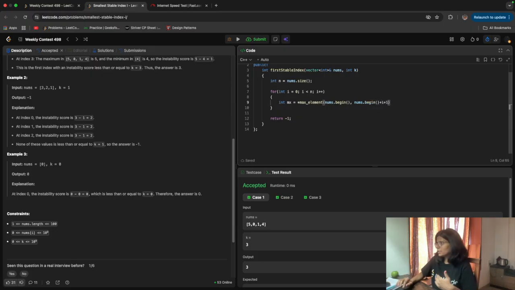We need to consider that index also, so we give the length I plus 1, since it is 0 based. And min is equal to star min element, nums dot begin plus I, till nums dot end.